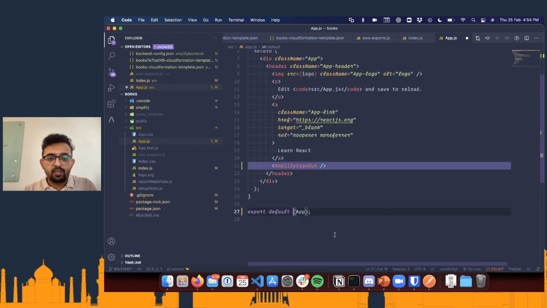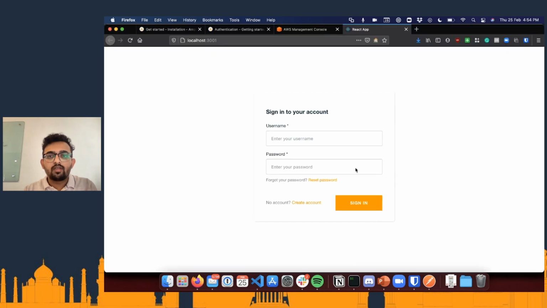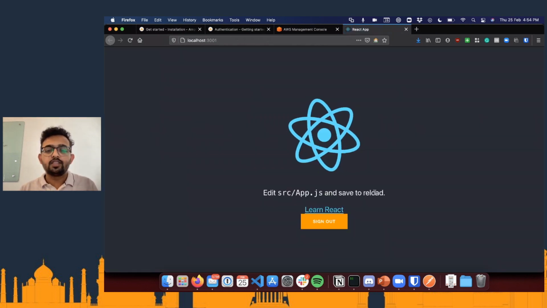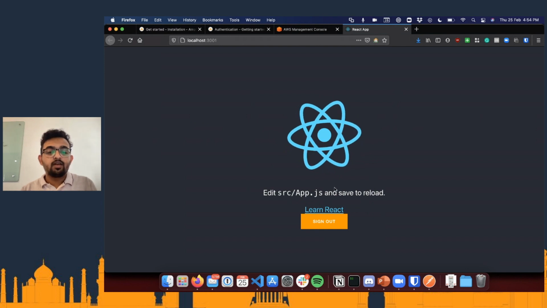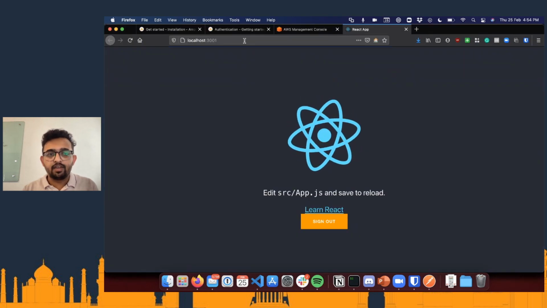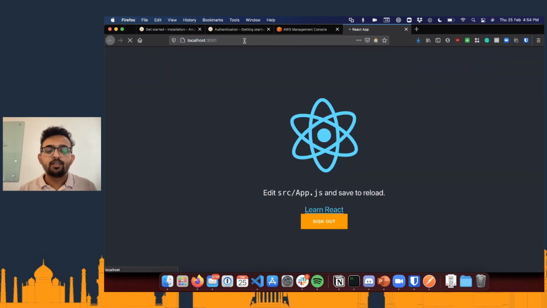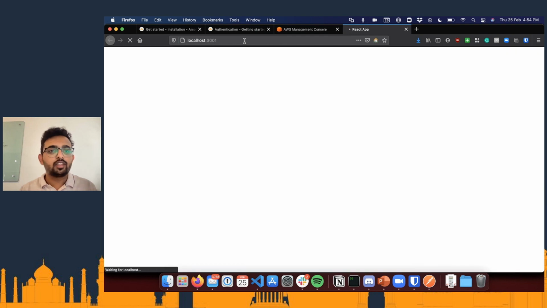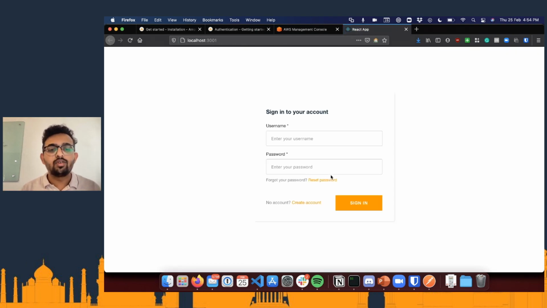If I remove withAuthenticator and refresh, it is going to show this, right? So let's add that back. With just that one line, we are able to add the entire authentication flow into our application. So far, we have not written a single line of code apart from copy pasting some stuff.